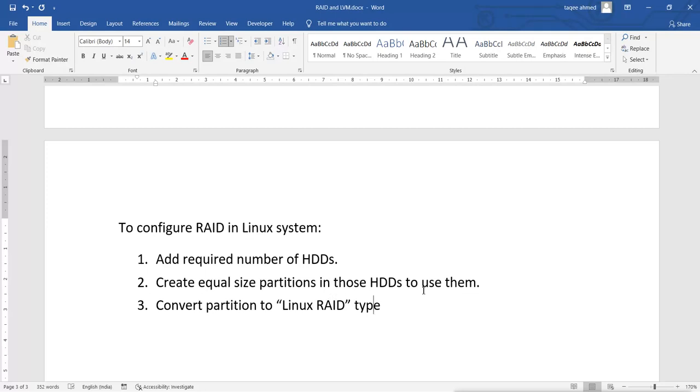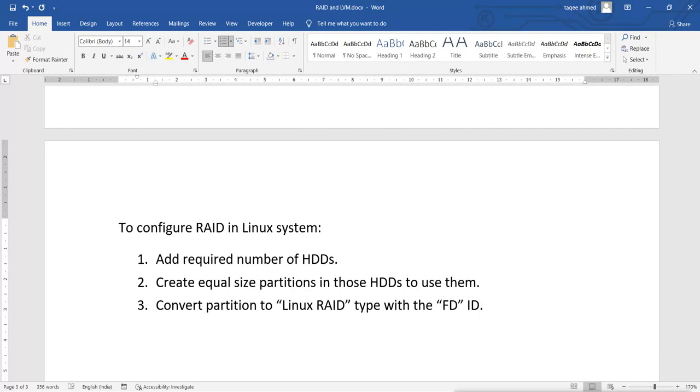But we want that partition to be used in a RAID, so we have to convert the type into Linux RAID. So there is a type there for RAID, and the ID is what? The ID is FB. The ID for Linux RAID is FB. So we know that when we create a partition, the ID will be 83. So what we have to do is convert the ID into FB so that it becomes a Linux RAID partition.